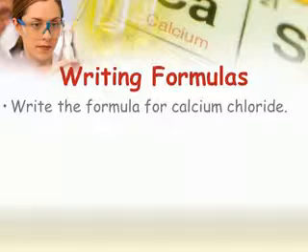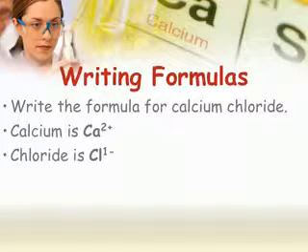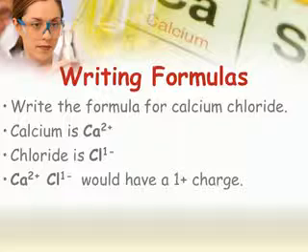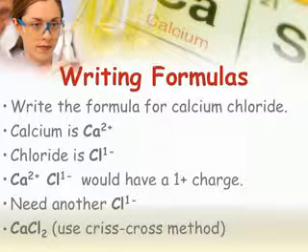So let's try calcium chloride. Calcium is a 2+, it's in group 2. Chloride is, of course, a 1-. If I just use one of each, I would end up with a 1+ charge, and that's not a properly written formula. So to write it properly, I need 2 chlorides. Therefore, I write it as